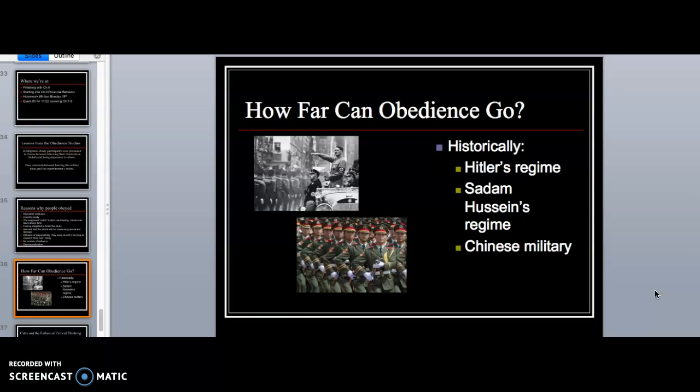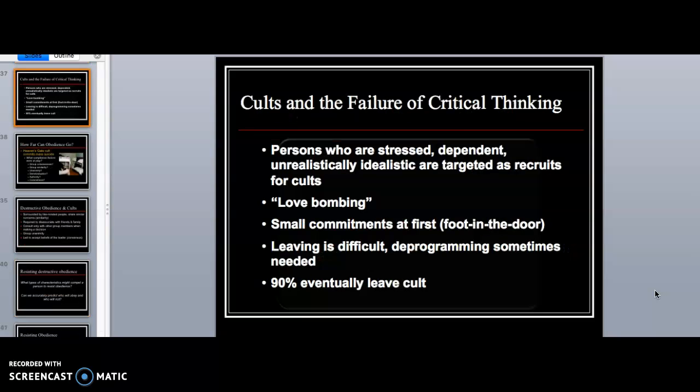Group members increasingly see group status as more important than individual needs and desires. They want to be a part of these groups. And so there's often the same recruiting process for all people in the group so that they have that common bond. And this relates a lot also to cults and the failure of critical thinking that happens within a